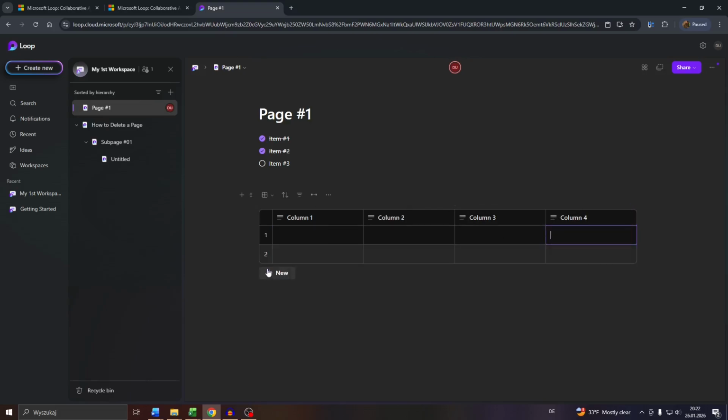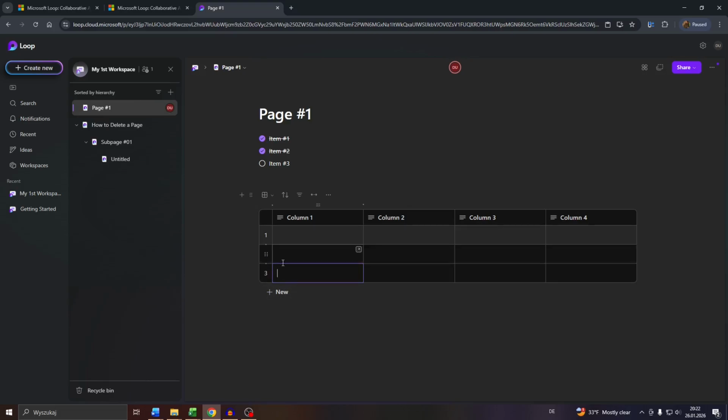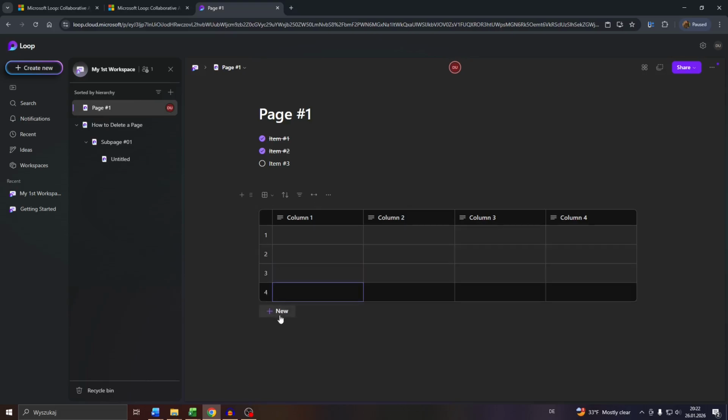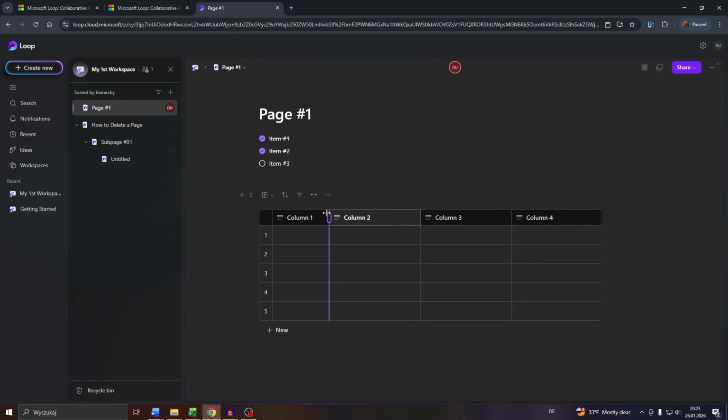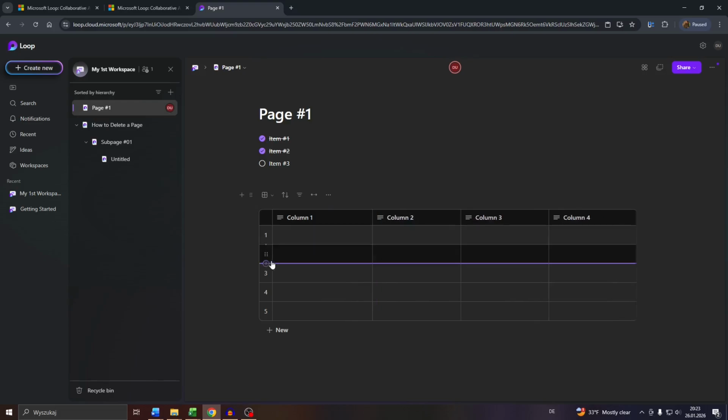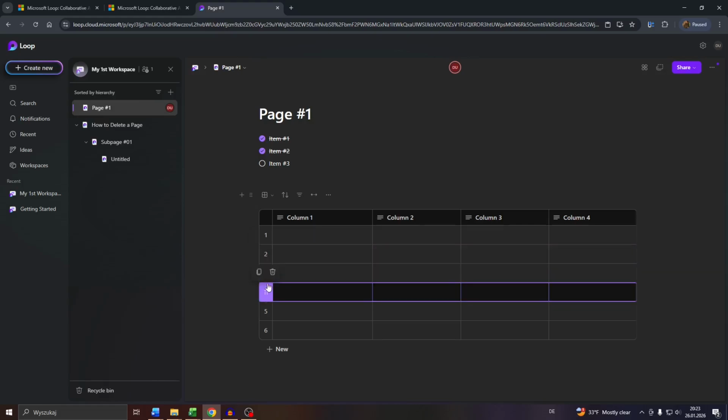And you may do the same with these rows here below by clicking into plus new, and thus add more of these cells to your table. And after that, guys, you may, for example, increase the height and the width of your columns and also of your rows. You may also change the position by using that handle here on the left hand side and